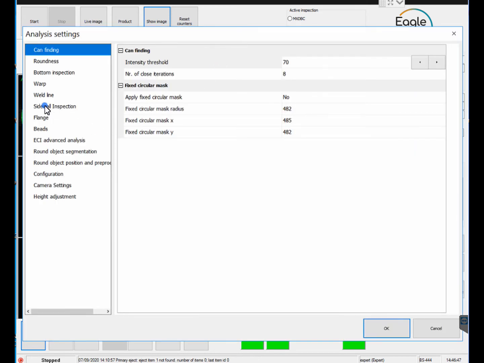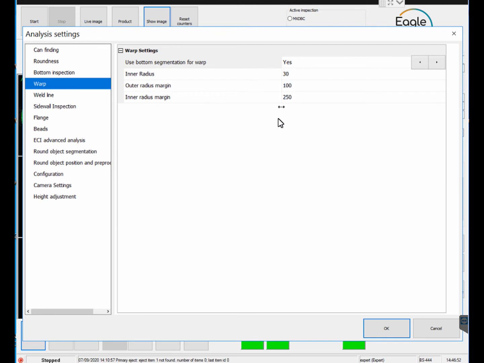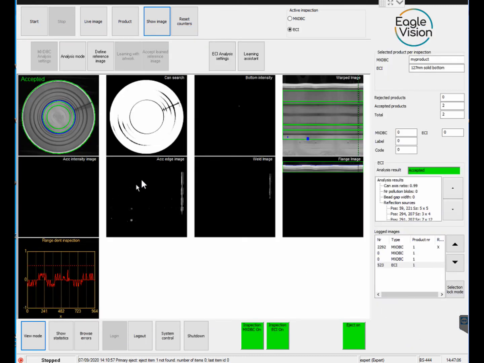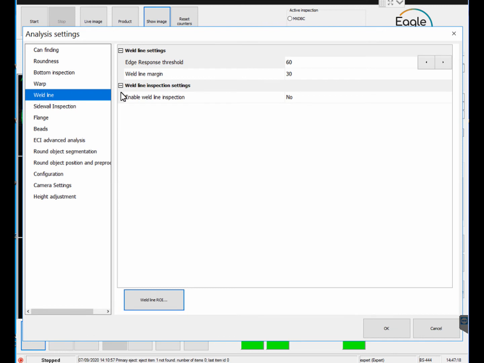Next thing is the weld line. The warp, just leave it as it is. Don't touch, that's like a system parameter. For the weld line, the machine will need to find the weld line, and that is here. You see the weld image, this image here. That's the weld image. So if we go to the weld line, it says that the edge response threshold is